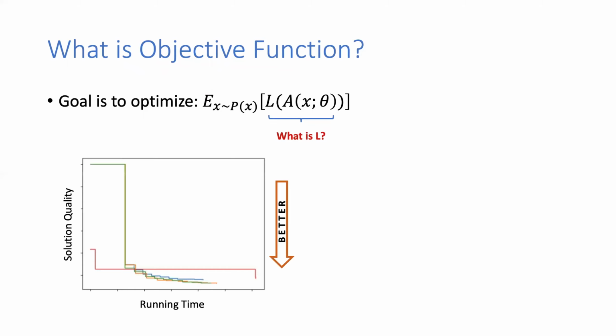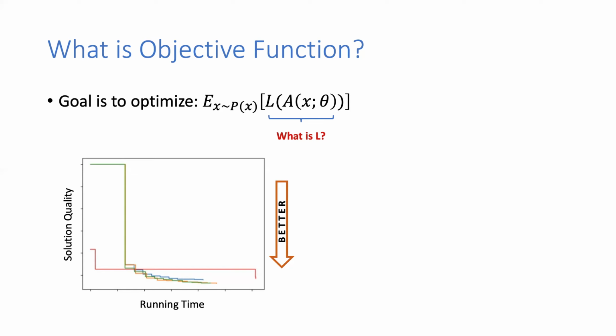Here I'm plotting something that's very common in the design of these solvers, which is solution quality versus running time. So here lower is better. Solution quality is measured using a cost, for example, the total cost of a circuit in a traveling salesperson problem. So typically a solver has this profile, which is running time versus solution quality. So how many seconds or minutes or hours you're running the solver versus what's the quality of the best solution